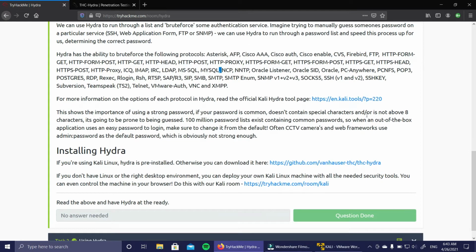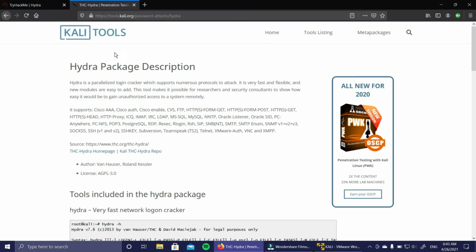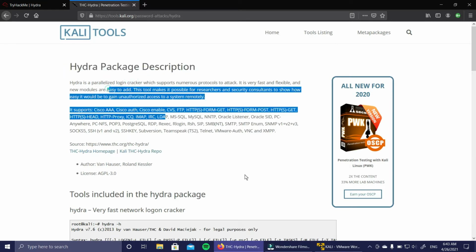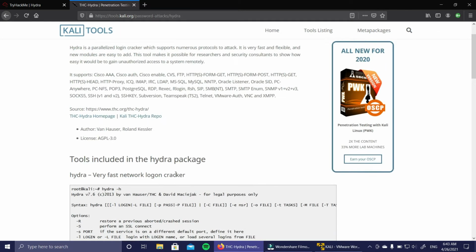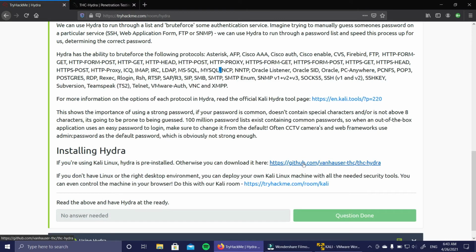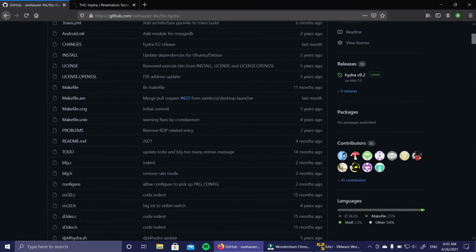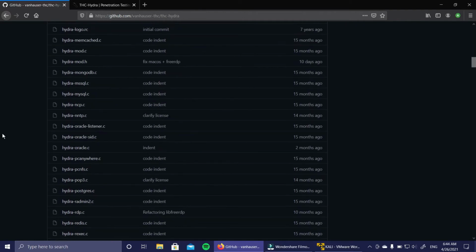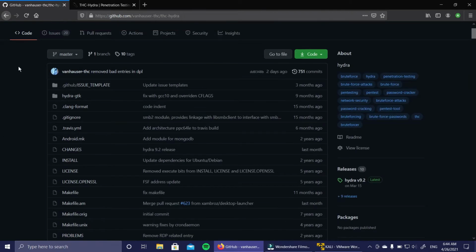This will take you to the Kali penetration testing tool page of Hydra, which talks about the Hydra package description. So the same thing is also here, and if you want to find the code of Hydra, go to this GitHub repository of Hydra, where you can find the code for this tool.